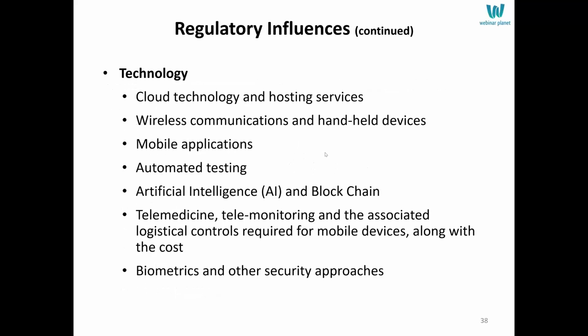With technology in particular: cloud technology, hosting services, wireless handheld devices, mobile applications, automated testing, artificial intelligence and blockchain, telemedicine, telemonitoring, biometrics for security. All of these things are newer technologies. What you have to keep in mind is